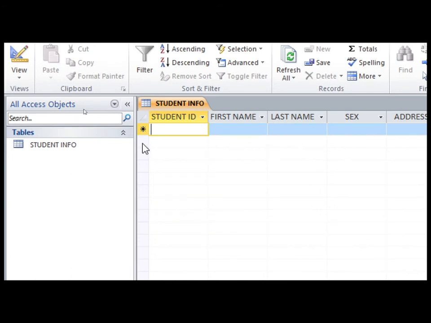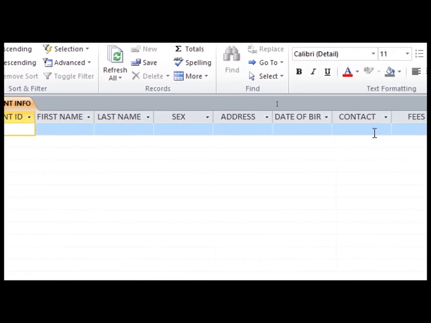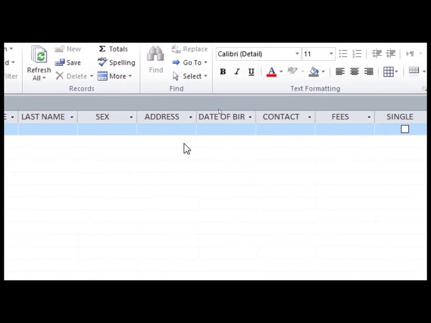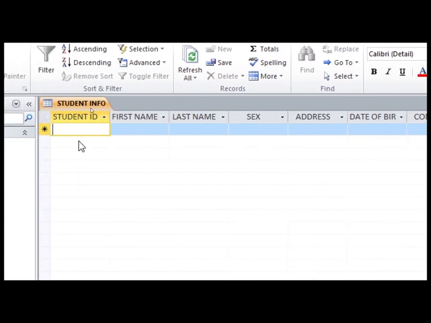Automatically when you click data sheet view, we see all the fields we created inside design view. Now from here we are able to enter the records. If I say now I type the records, we follow the steps how to do it. Now in this area I can say this is my ID number, this is for the first student, the name,